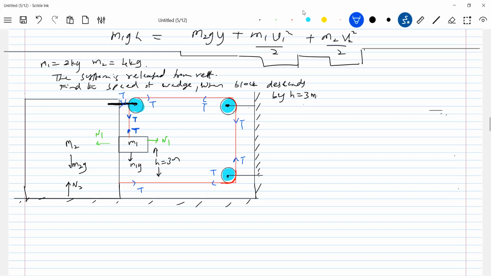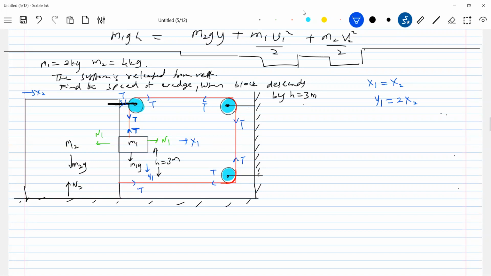Which forces are doing what? Suddenly, so many things came. And now, how is the motion of the block? The wedge will have displacement x2. The block will have displacement x1, and the block will have displacement y1. What are all these x1, y1? Displacement of block. From the constraint equation, x1 must be equal to x2. Any relation between y1 and x2? y1 should be equal to 2x2.